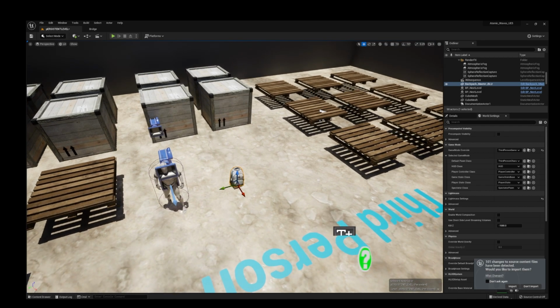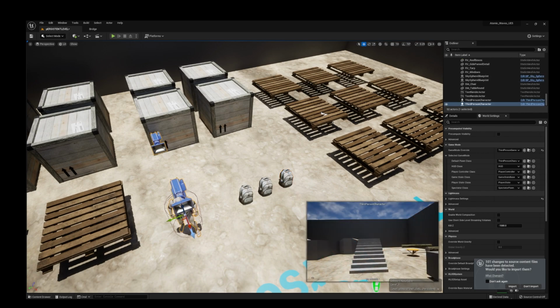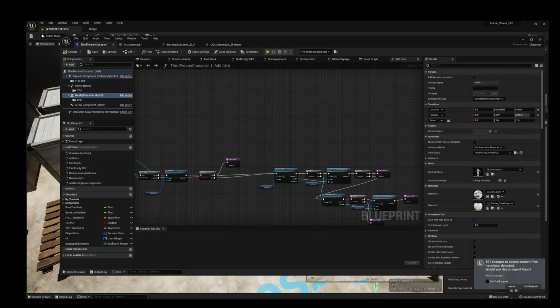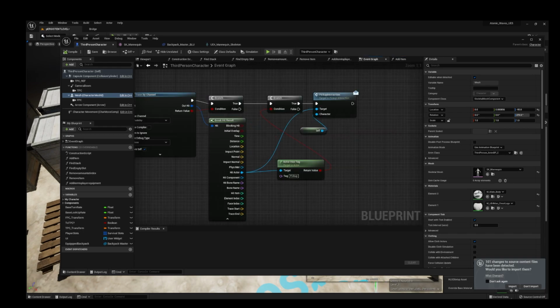So what I'm going to do is go ahead and duplicate our backpack like so. Let's just pretend that we have 3 different backpacks. Now this is up to you depending on what you want to do, but let's go over to our third person character, edit third person character, go into our blueprint here, go to event graph.